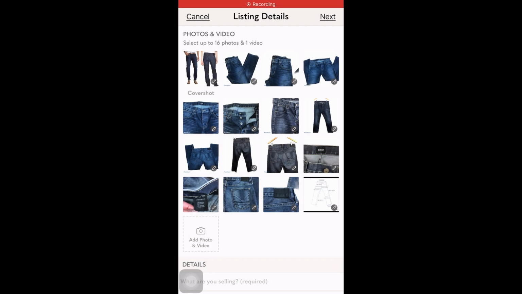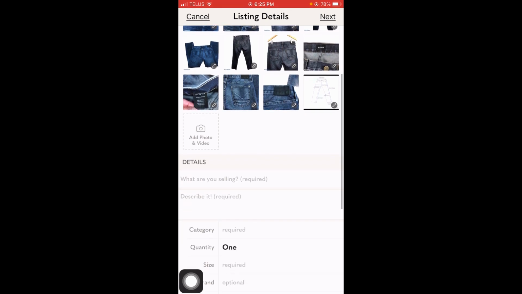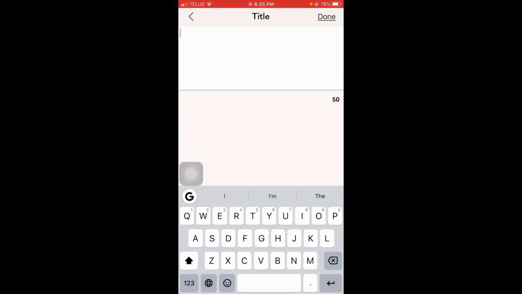So now that we have our pictures done, we have all our measurements done, we're ready to create our Poshmark listing. And I've already pulled in all the photos that we need to list this product. So I'm going to fill in the title. And I'm going to put in, of course, the brand first. So these are Hudson jeans. And they are the Blake